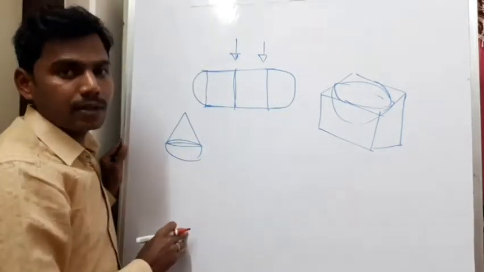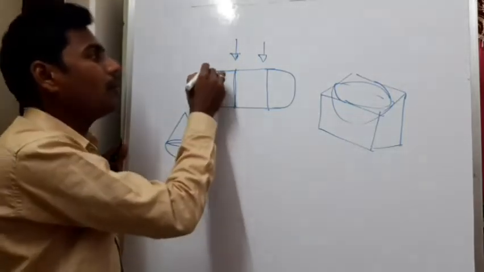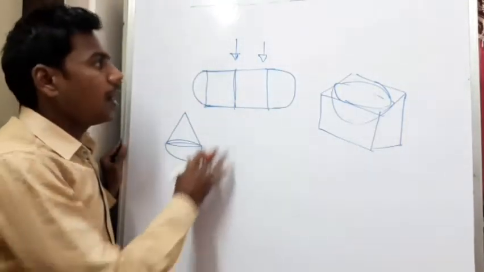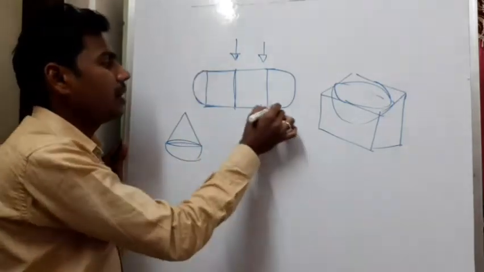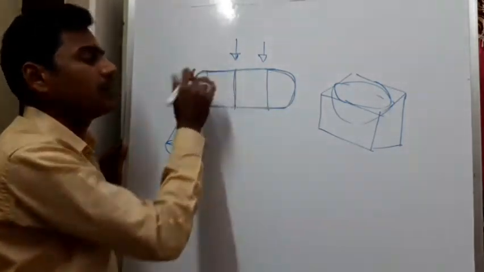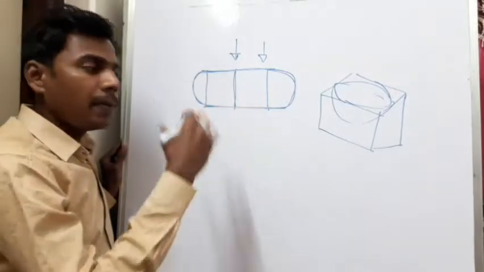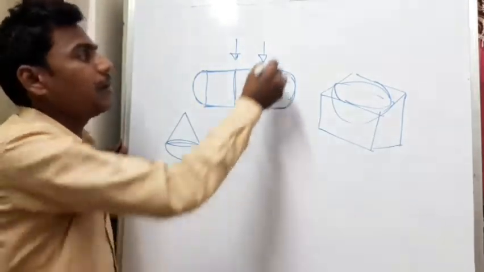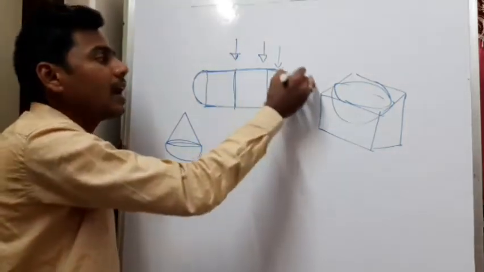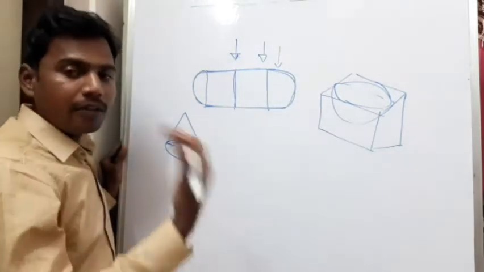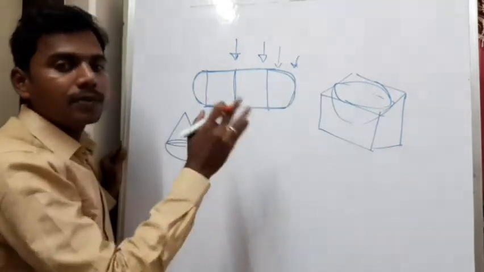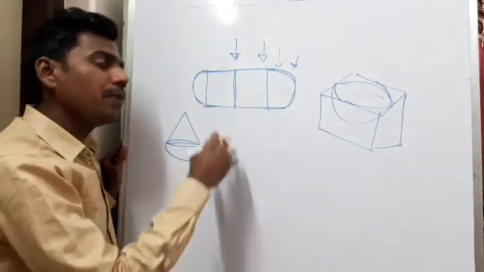So why do we need to study? One thing, if I want to paint the outer surface area of the container, I should be knowing the surface area. So based on the area, I can buy a paint. So if I want to buy a paint, I need to calculate the total surface area. How can I calculate? With the help of the formula, and we are going to make use of the formula.